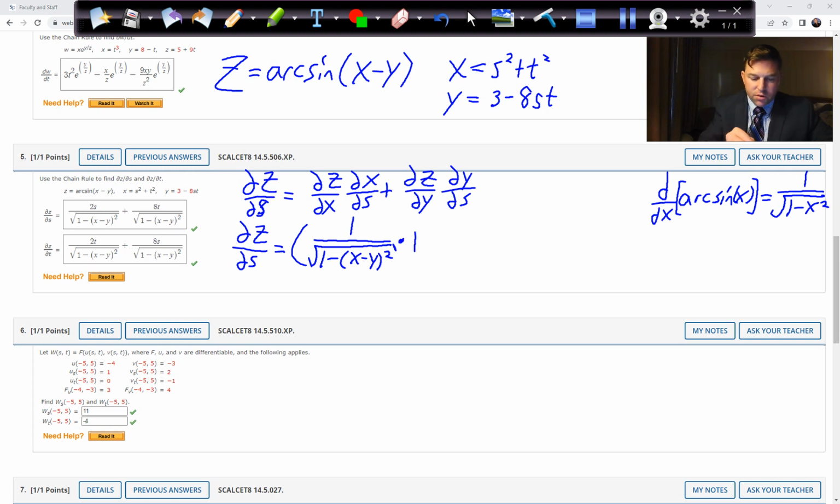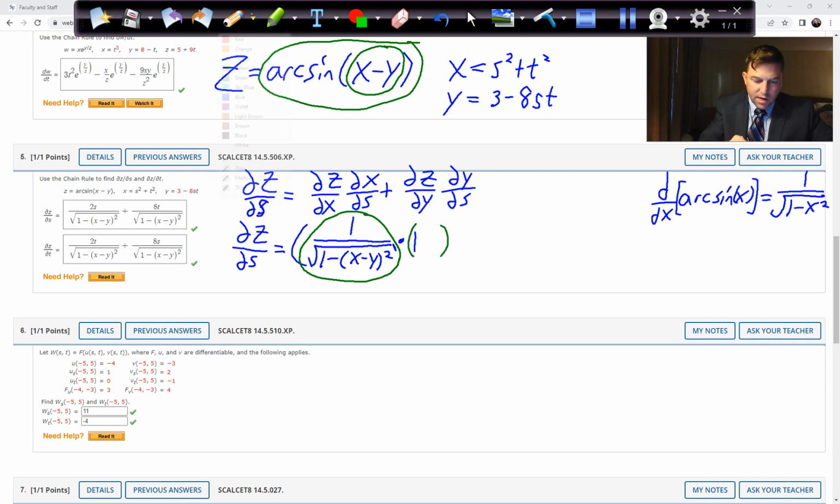So again, chain rule. What we have to do is write the derivative of this outside, which would be all of this, times the derivative of the inside, which would be right here. And let's actually write it as 1 minus 0. All of that is dz/dx times dx/ds. That one's easy. dx/ds would just be 2s. Okay, then it's plus